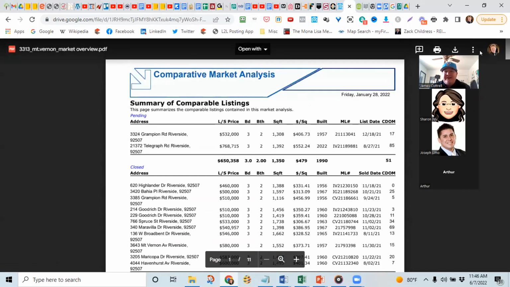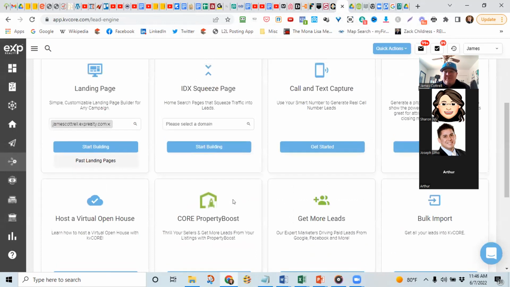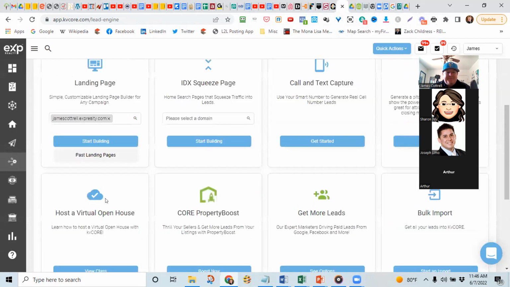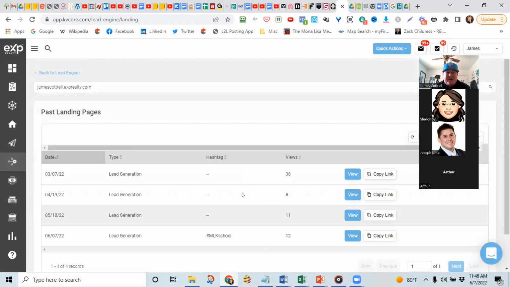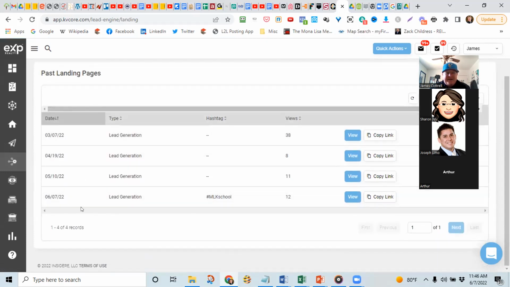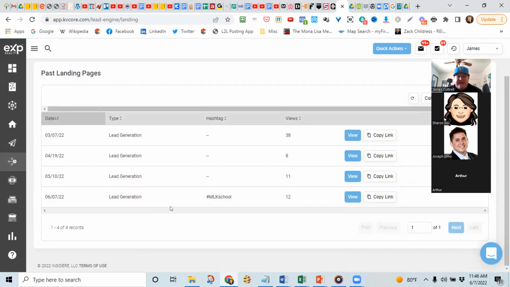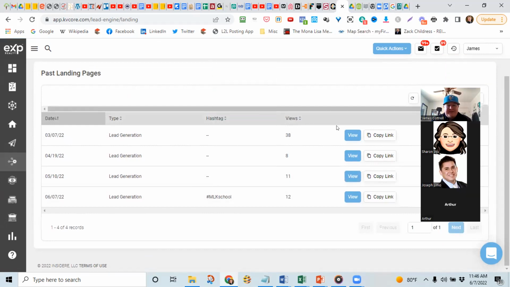So this is kind of more of a pro tip. Here's where you can see your past landing pages now, which they've updated in the last several months. So it's pretty cool. I can type in the past landing pages. Here's the one that we just created. I can copy the link here. I can view it, and it's got the hashtag that's generated with it. So these are all the past ones. So you no longer have to save them and monitor them. They're doing it for you.